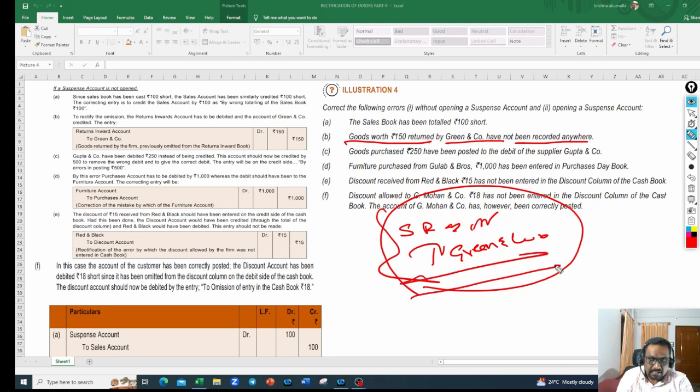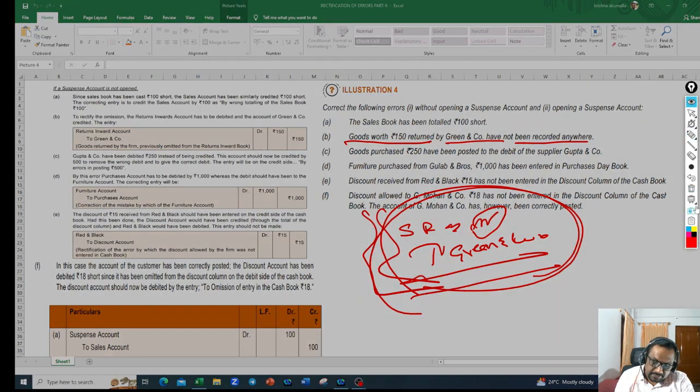But in this case, the entry is totally missed out. Since the entry is totally missed out, you are posting debit and credit, and there is no suspense account impact because there is no difference in trial balance to this extent. Previously also, there was no difference in trial balance. Right? That is the reason you are preparing a compensating entry and closing this. Right? Next, goods purchased